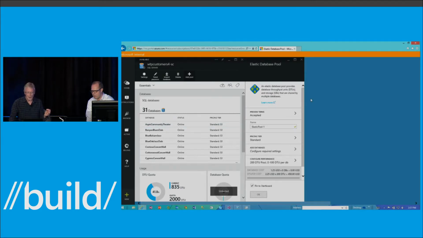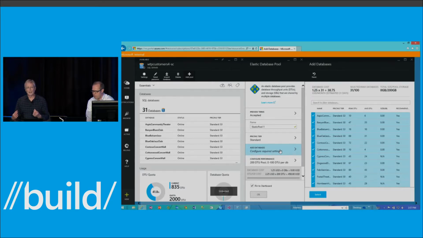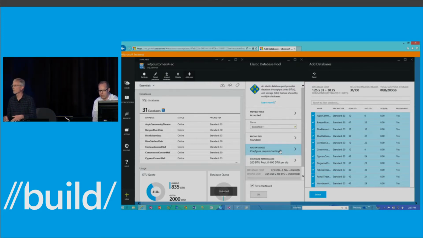I'm in the process of adding a pool. It's a preview, so I have to accept the terms. That's been done already. We only support one tier at the moment, the standard tier. So I'm going to go ahead and add the databases. We're using an advisor, which is going to analyze the set of databases and their usage profile and recommend a pool composed of appropriately sized databases. Databases that are currently active beyond the level of 100 DTUs wouldn't be good candidates because they would be capped,